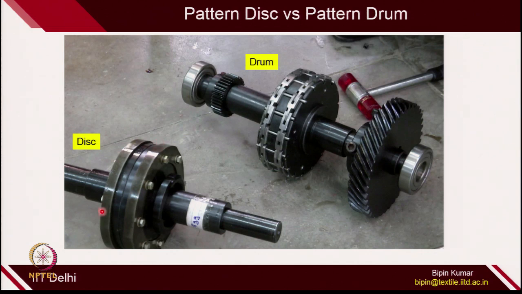But the beautiful thing about disc is, this is more stable, because this is more robust design, and here in the drum there is lot of vibration happening, lot of noise happening because of depression and elevation. But disc is more smooth, the profiling can be done very smooth, and in this way you can find out the machine which is using the disc based pattern disc, then the speed is also very high